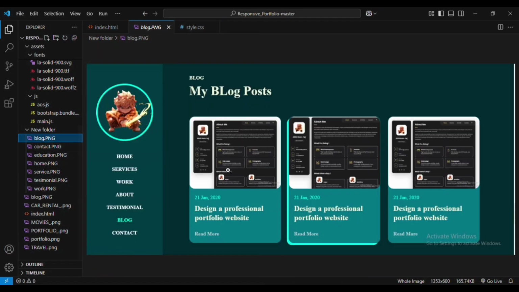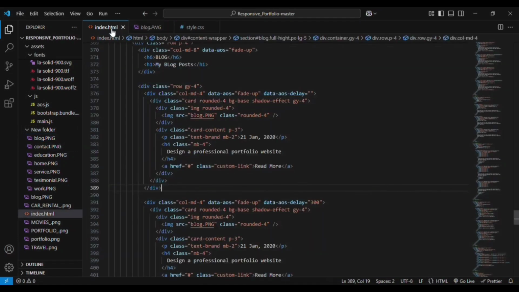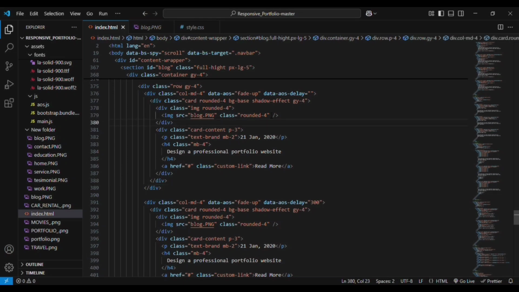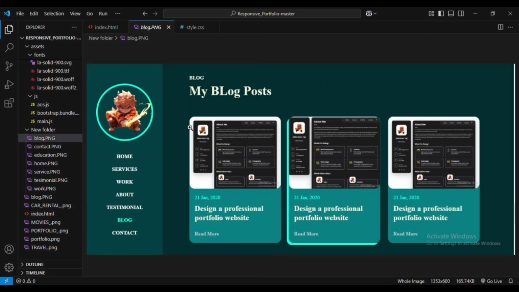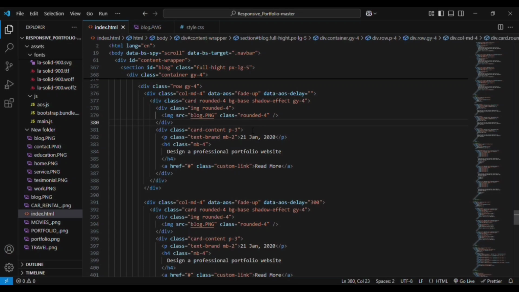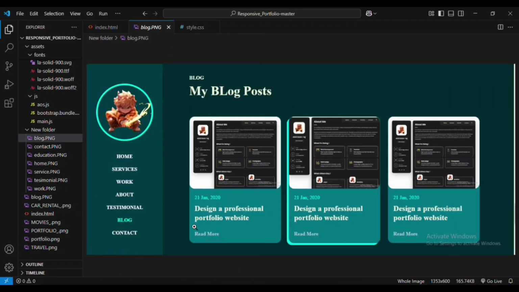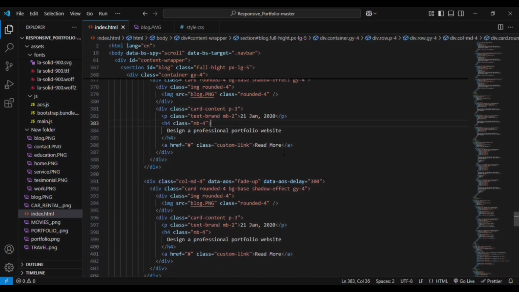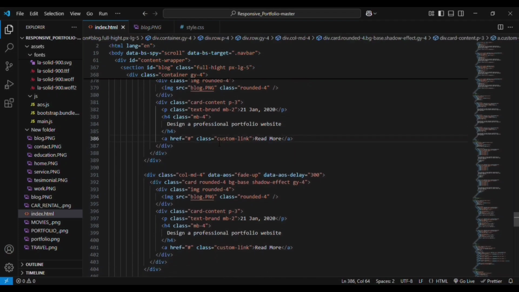Here we have two more divs. You can see here we are in the div for the image. For that we are using rounded-4, so we are getting the images with curved edges. Then you can see we have another div, that is the card content div. Inside we have the text. Margin bottom is 2 and margin bottom is 4 for the h4 element. You can see here the heading, and below the heading element a gap of 4 rem is given, then the read more button is aligned. It is added here, and for the anchor element read more we are adding a custom link class to it,